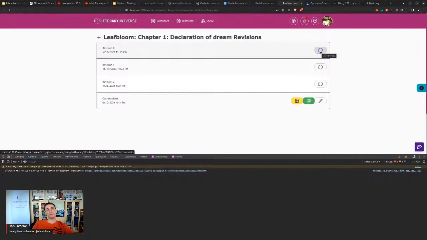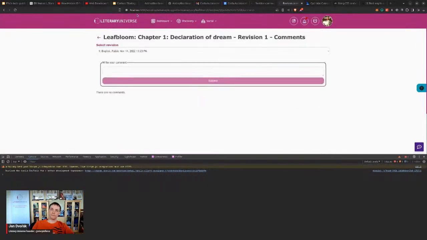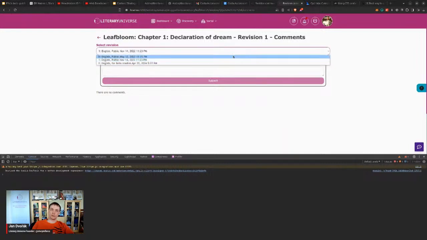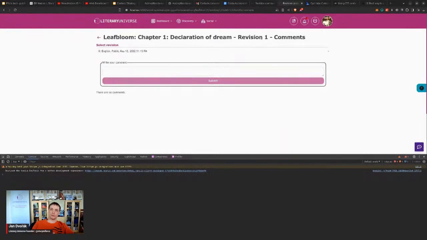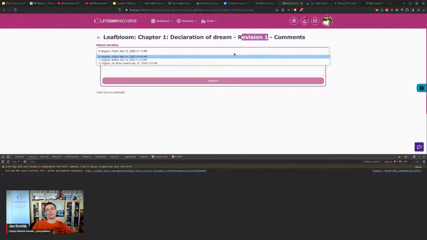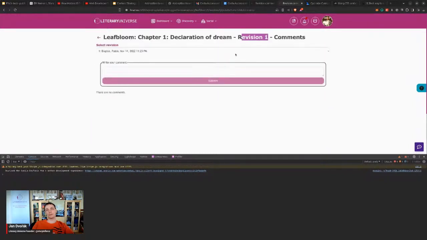Okay, so this goes. Let's start with revision 1. Chapter 1, revision 1. Good. 0. Selected properly, but did it navigate? Okay, it navigates us, but